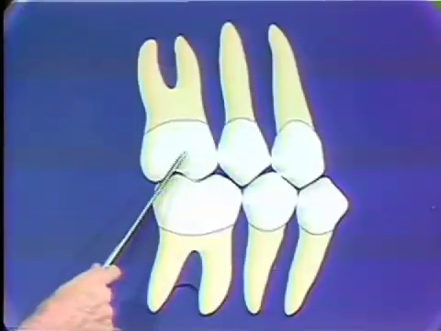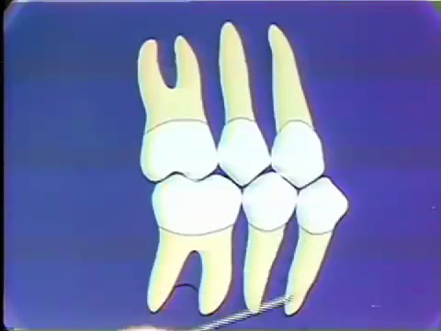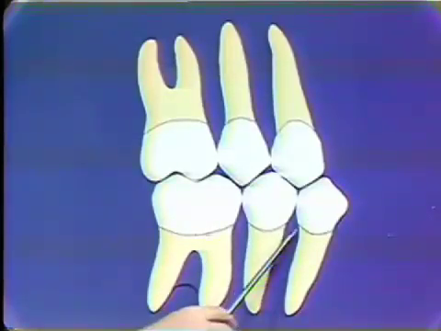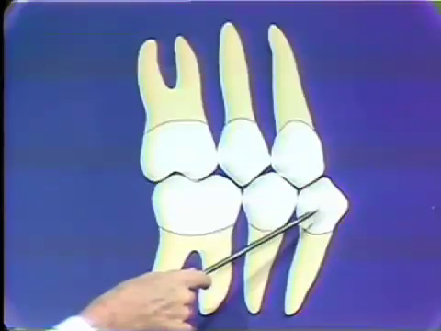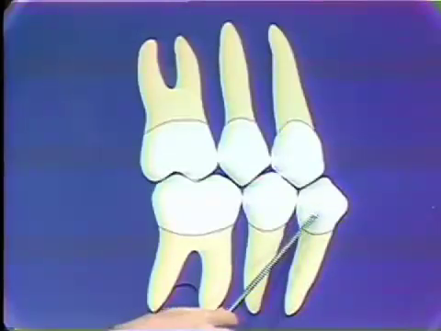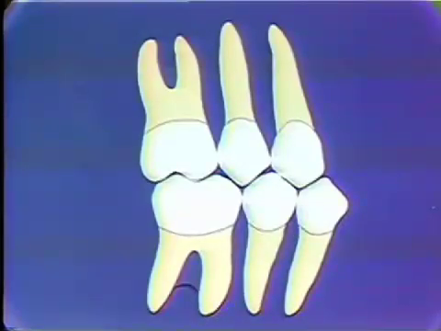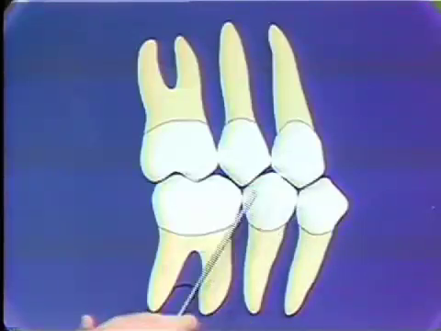Here we have a maxillary molar and two bicuspids, and here a mandibular molar and two bicuspids. You know from your studies of anatomy that each of these teeth is supported in a periodontal membrane, which allows some movement of that tooth. If the tooth were pushed on the distal, it would move mesially. If we pushed it on the mesial, it would move distally. If we pushed it on the buccal, it would move to the lingual, and correspondingly, if we pushed it on the lingual, it would move towards the buccal. These movements take place about a fulcrum, which is about the junction of the apical and middle thirds of the root,